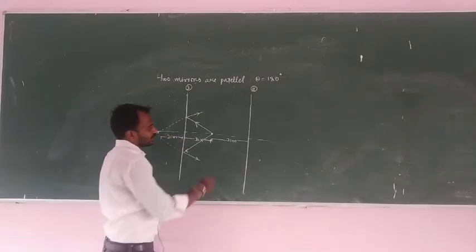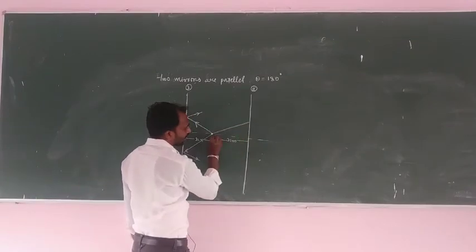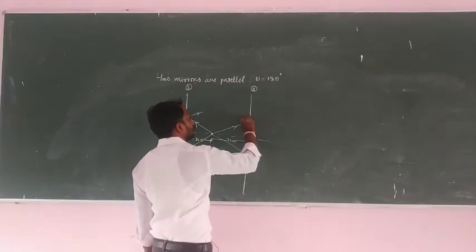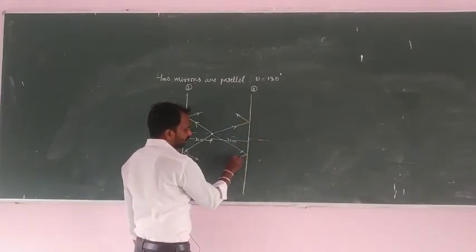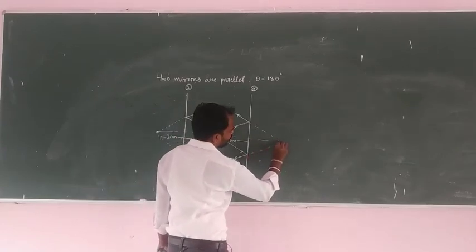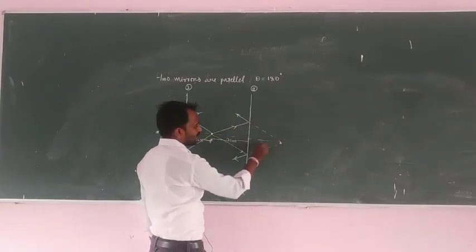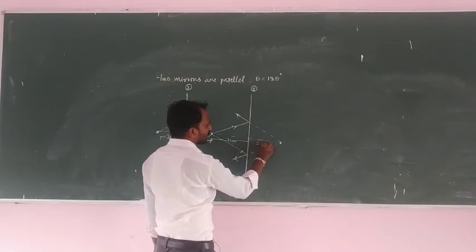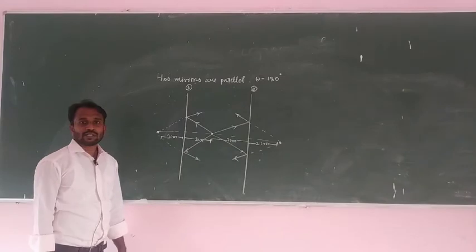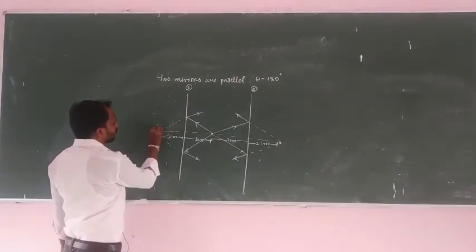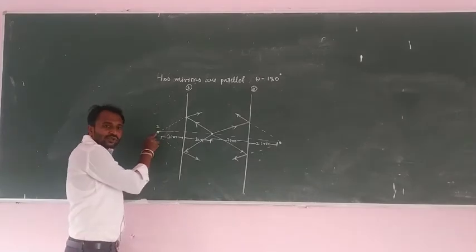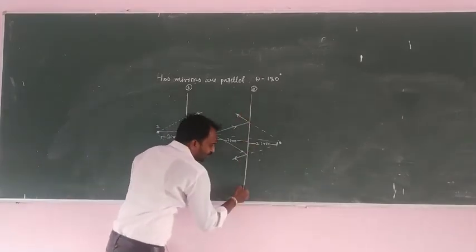The same thing here, these two we consider as incident light rays, and the reflected light rays. If I extend these reflected light rays, here we will get an image, and the distance of the image also we consider as 1 centimeter from the second mirror. Okay, and this first image is a virtual object of the second mirror.